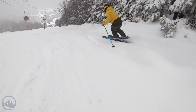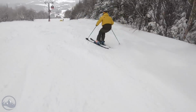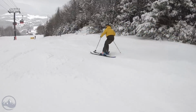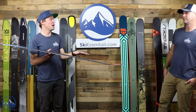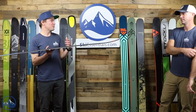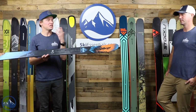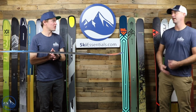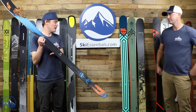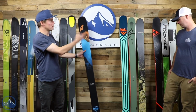Yeah. I'll admit that I own one, and that's basically the application that I use it for. I still want to have a twin tip, even though I'm probably not going to do anything crazy. I generally don't take these into the park or anything like that, but my skiing style, I still want a fast, stable, aggressive ski, but I still want it to have a twin tip. So I just thought I would point that out, as we go through this wall,